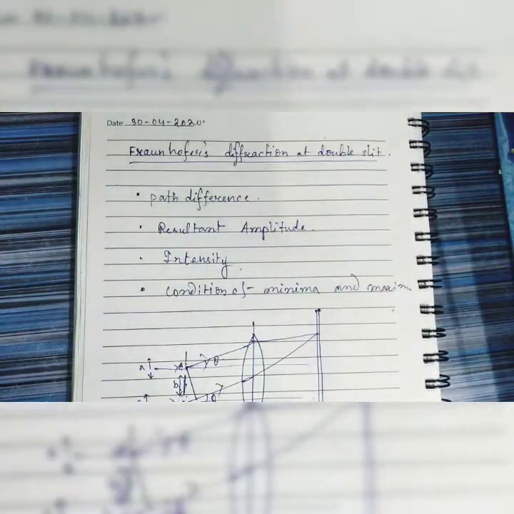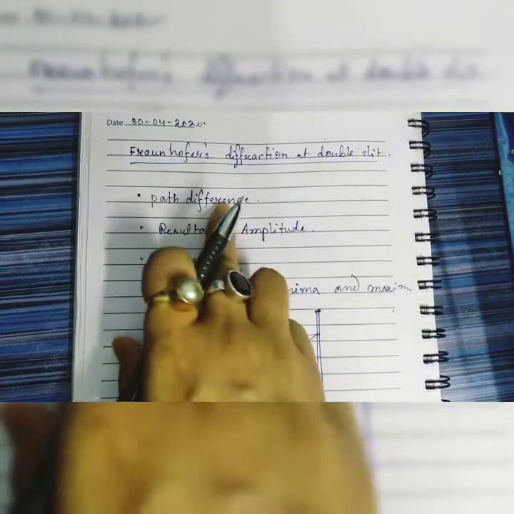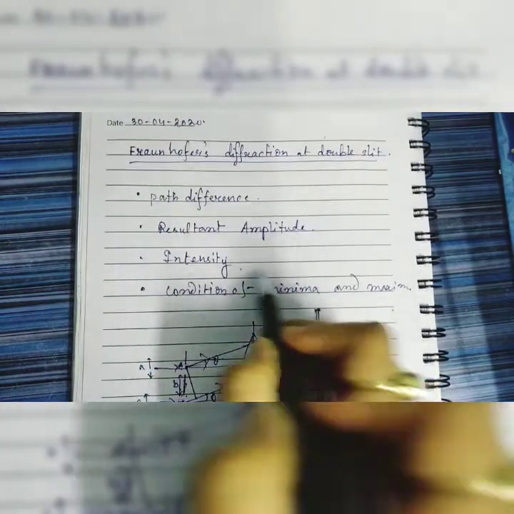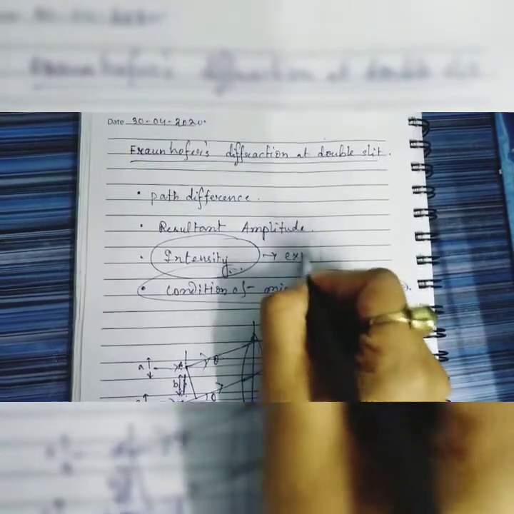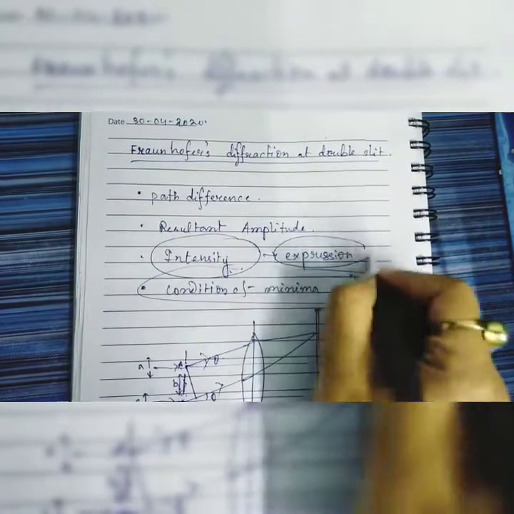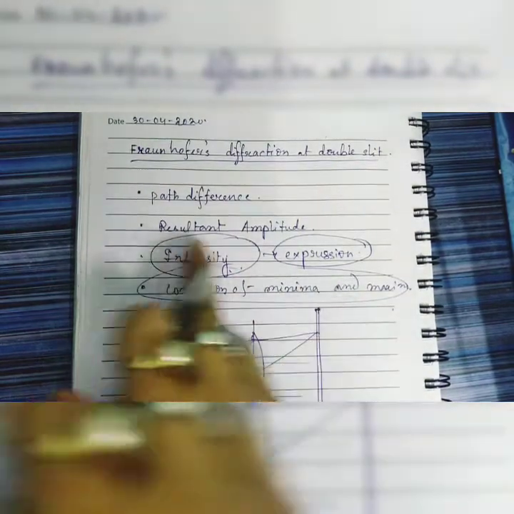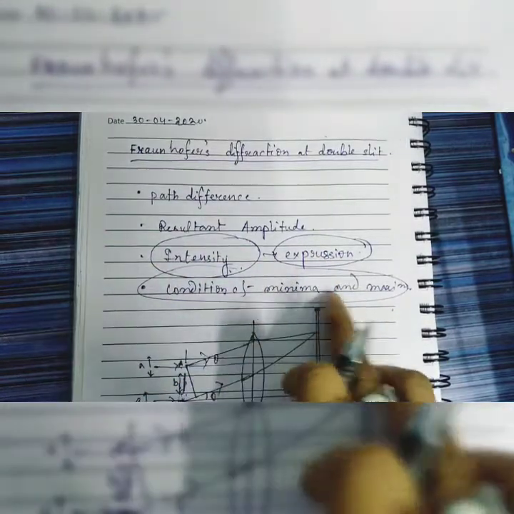So students, we are going to start Fraunhofer diffraction and double slit. As before, we have already seen that we need the path difference to get the intensity pattern or the expression of the intensity, and then we will get the condition of minima and maxima. Basically this is the important part, and only the expression is needed. For intensity, only the expression is needed for double slit. Only the expression is included in your syllabus, basically for BTech first year in engineering physics. So only from the expression of intensity we will proceed towards the conditions of minima and maxima.